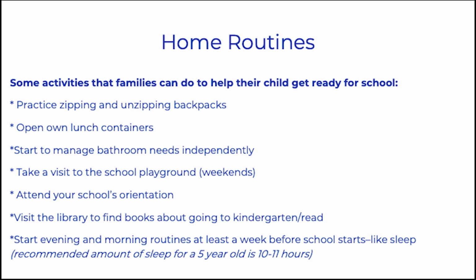Visit the library. The library has lots of books on going to kindergarten. Read those together. It helps to calm some of the nerves for both of you. And also get your child used to reading and sitting for a few minutes and reading with you, if you're not already doing that. Because they will be doing some reading in school, and they will have to sit still. So it's a good idea to get your child used to having some times when they're a little